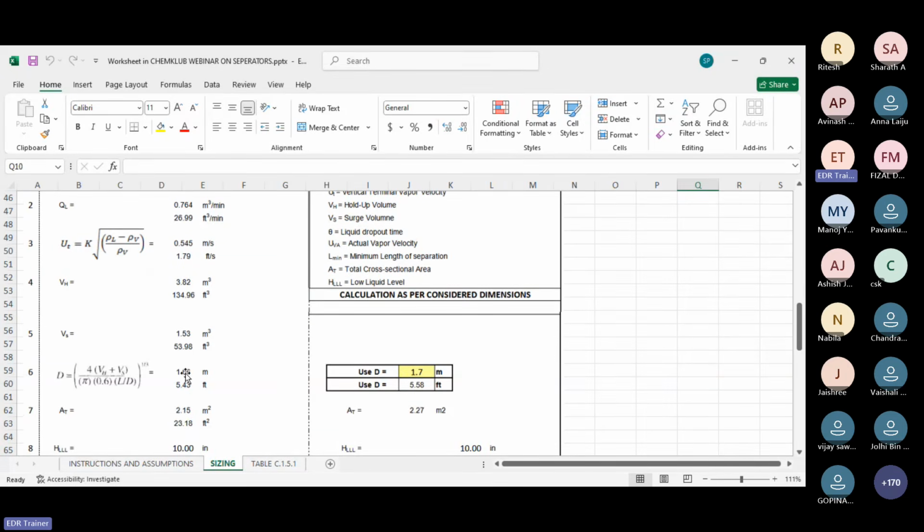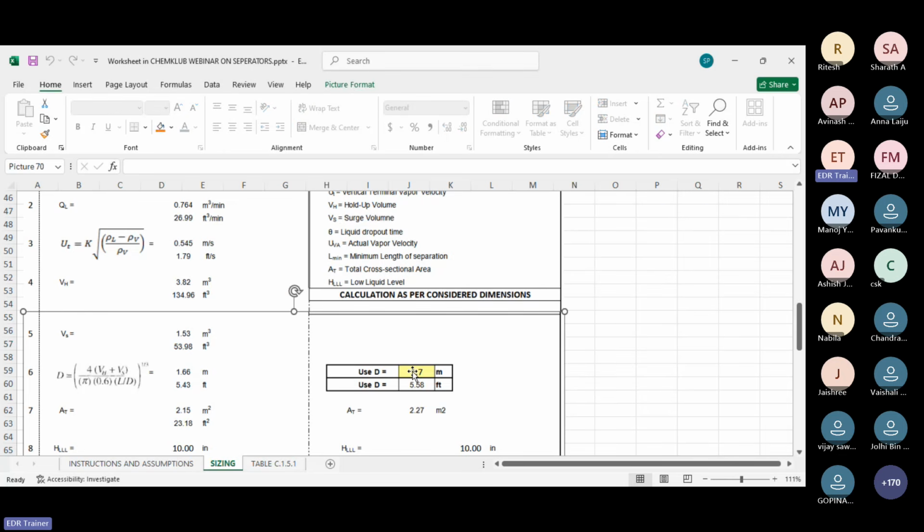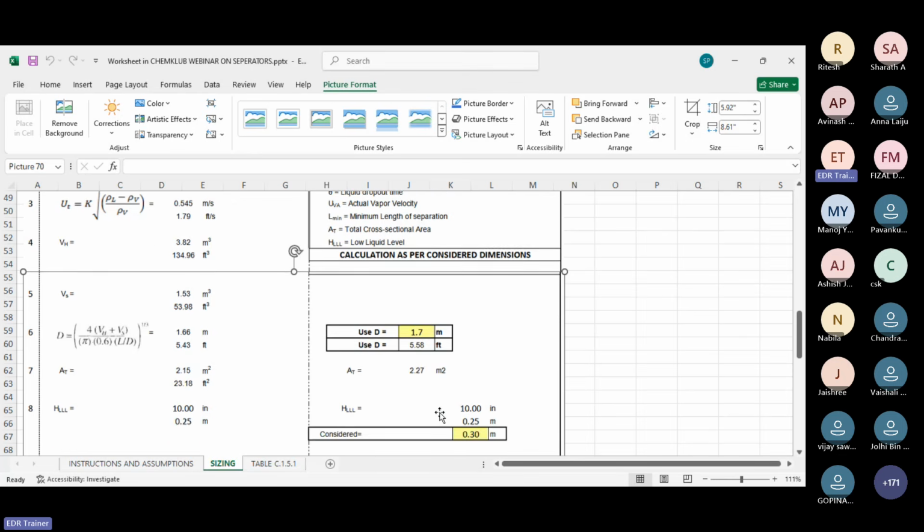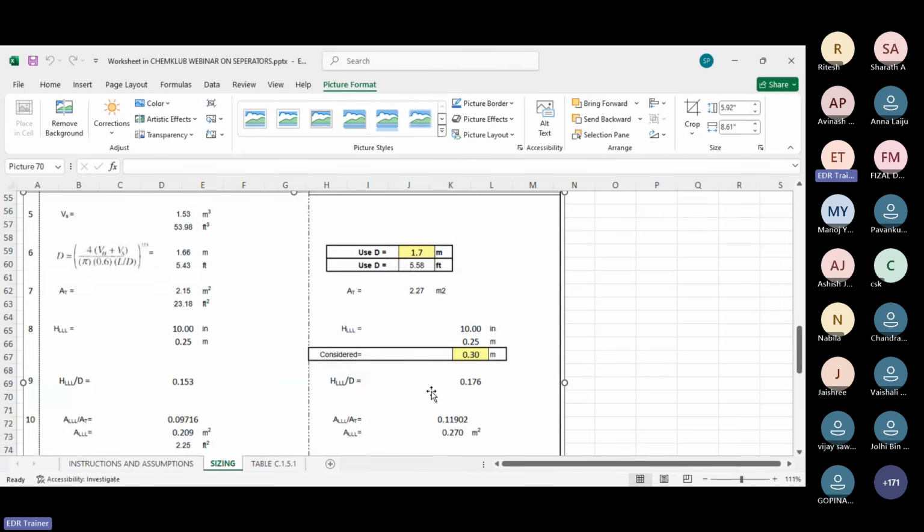The diameter is calculated by the software, which is 1.66. So I have written over here 1.7, right? Now 1.7 is selected after calculations. After 1.7, you can see all the detailed calculations and residence time calculation based on the requirement,